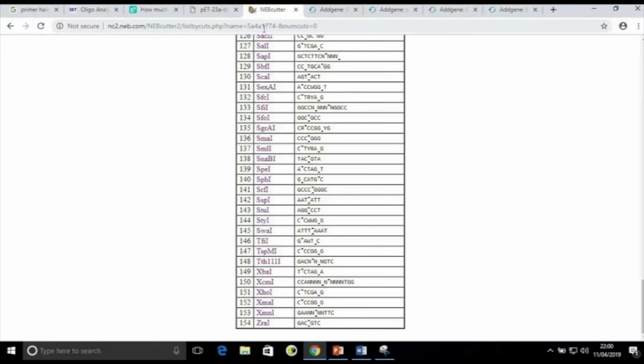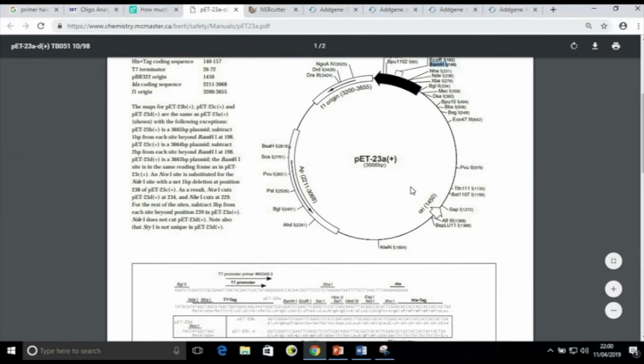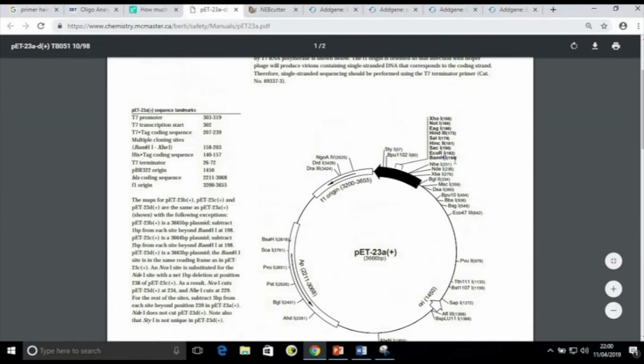For ease of understanding, I have selected the pET23a vector. You can see this is the vector map. This is the 5' side, this is the 3' side, the N terminal, and this is the C terminal side. N terminal means forward primer, C terminal means reverse primer.